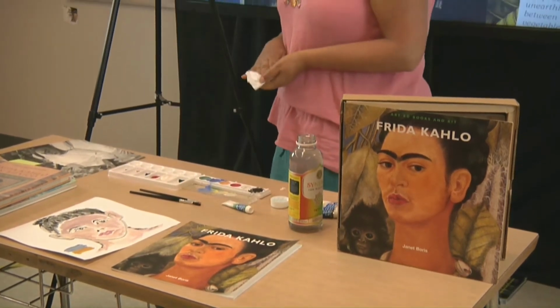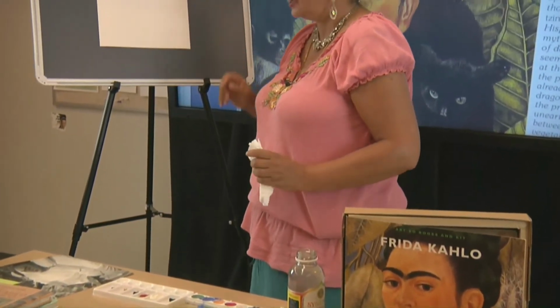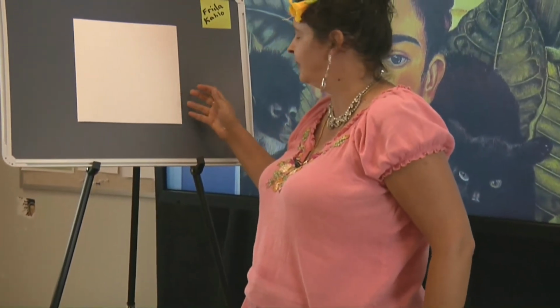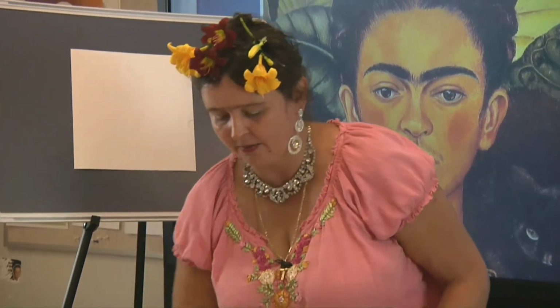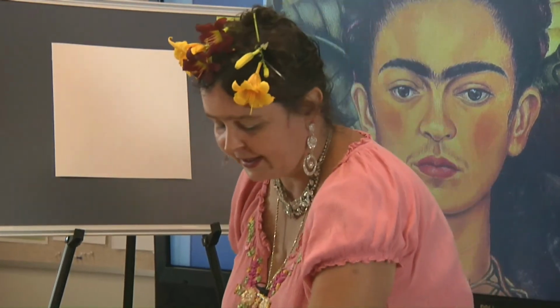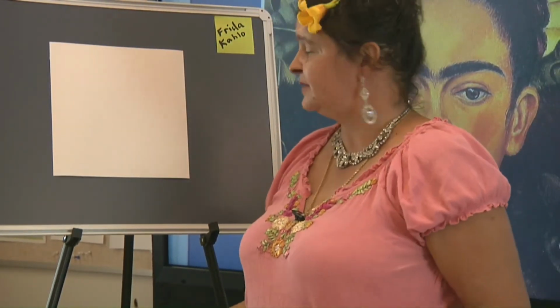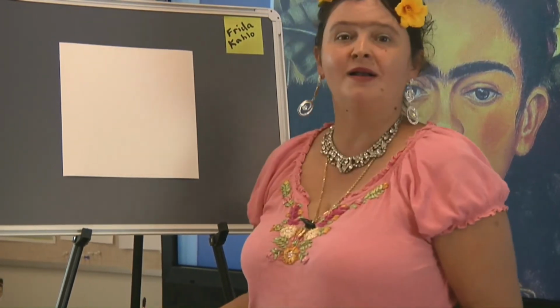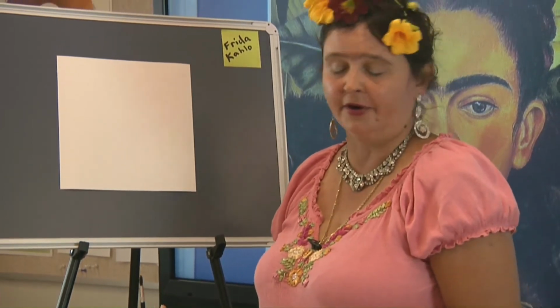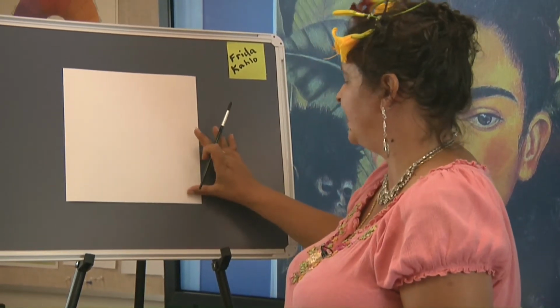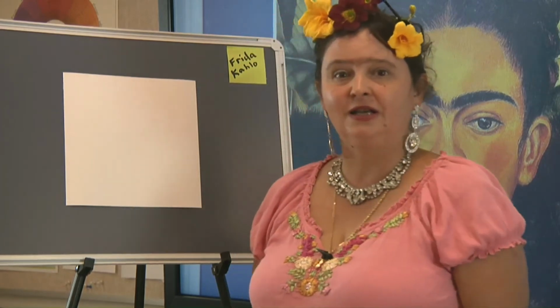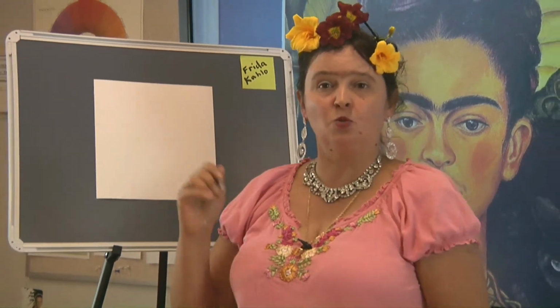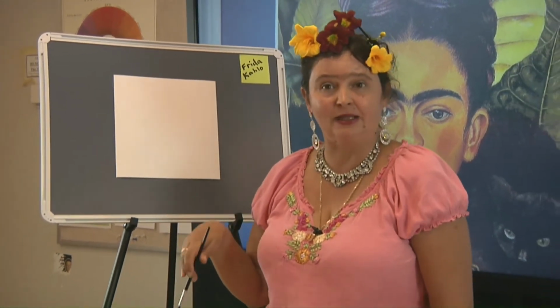So we are going to start with a piece of paper. You want a heavy paper for paints because they're liquid and they absorb into the paper. So you don't want to use ditto paper. That's not very good. You want a heavier paper. You can even take cardboard and paint it white and then paint on it if you'd like.